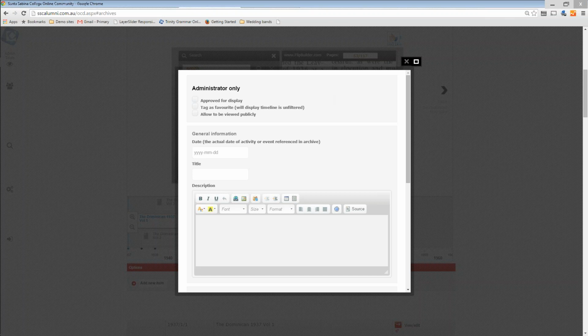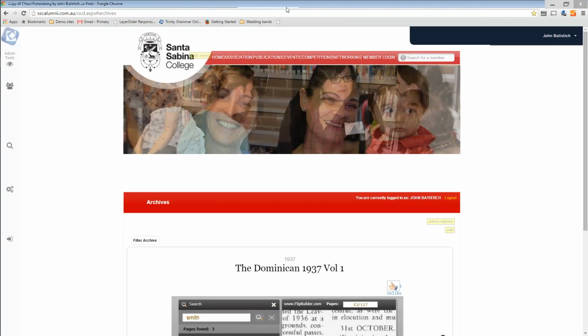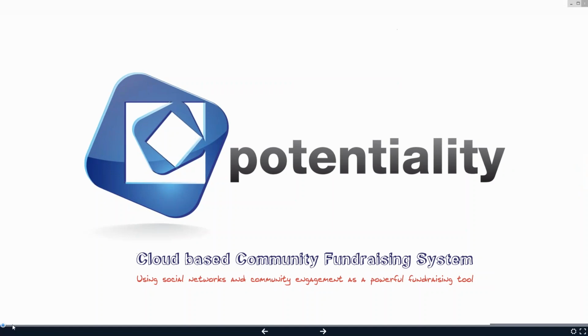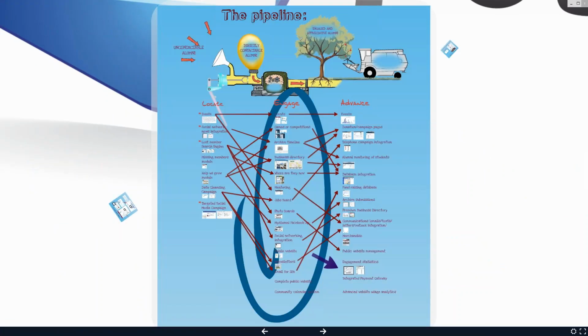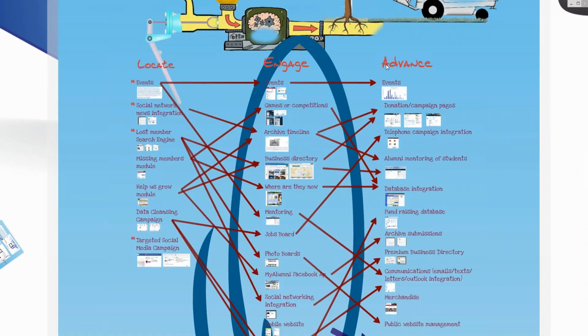So if we now just have a look at what we think is actually an important feature of the archive timeline, it's not only the fact that you're offering this to your community. I'm just going to jump to a particular point in this demonstration, and it's not just the fact that you are offering an archive timeline to the community, it's the fact that it fits into this whole idea of locate, engage, advance,